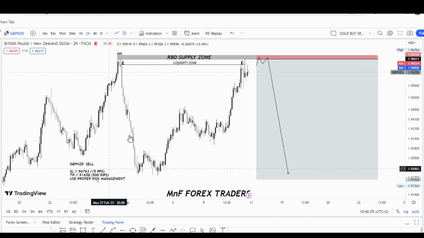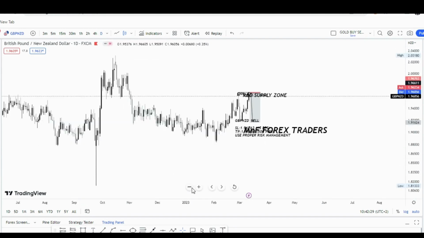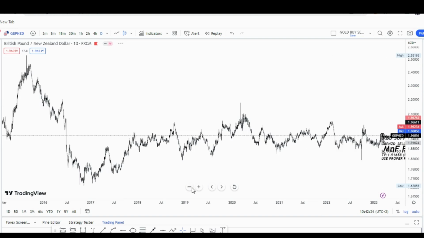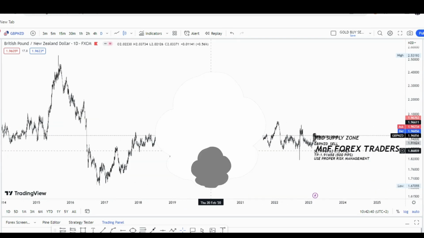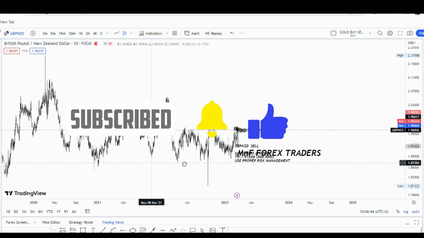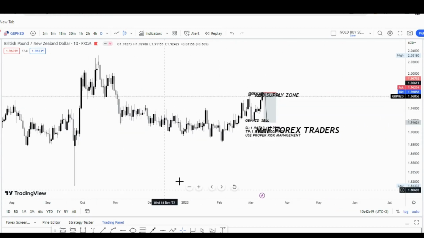Alright, so let's get started right here. What you always have to do, like always, is go to the higher time frame, right? So you go to the higher time frame, zoom out. Right now I'm on the daily chart right here. What you're trying to predetermine here is the overall direction of the market. Once you have that figured out, what you have to do is go to the lower